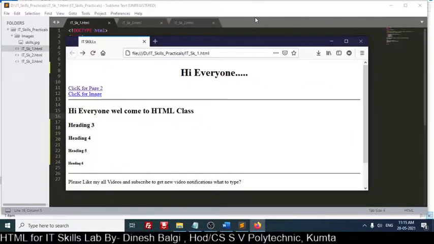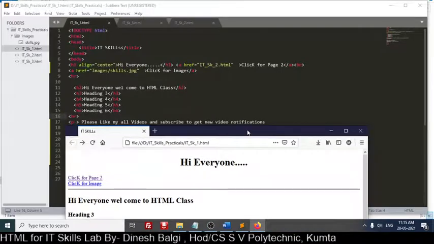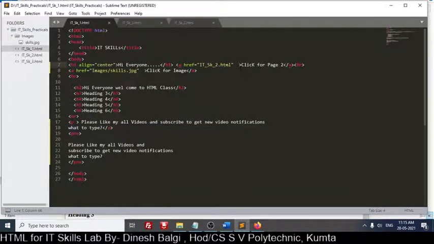So here I will open the image in a new page, so target equal to blank. I want it in this way. About these attributes, I will give you the list of attributes in the notes so that you can refer.